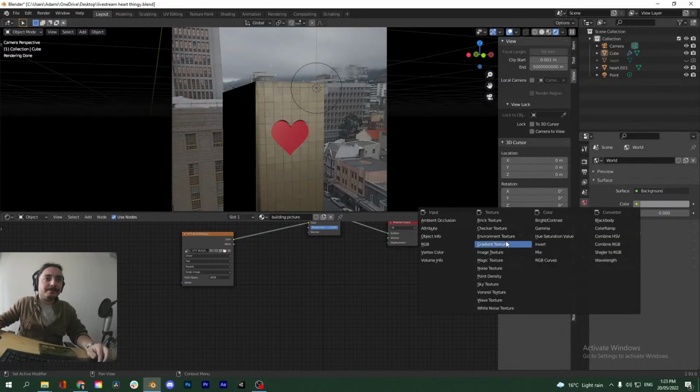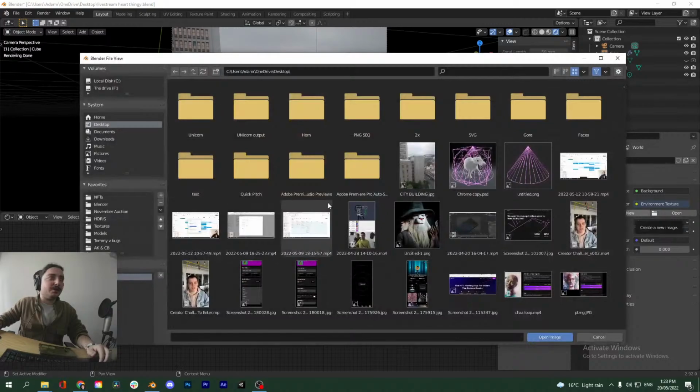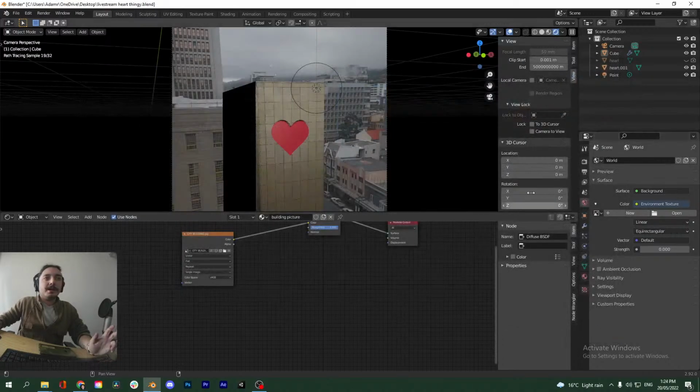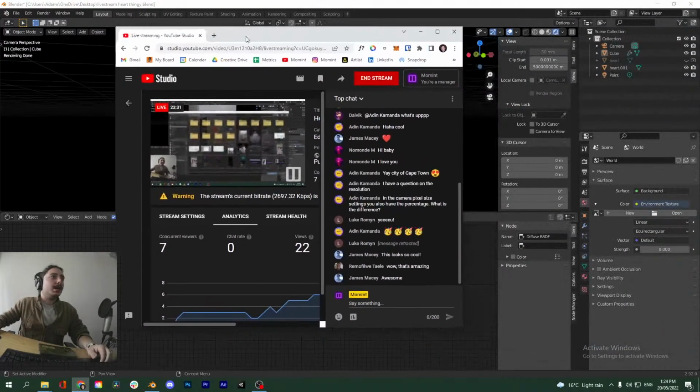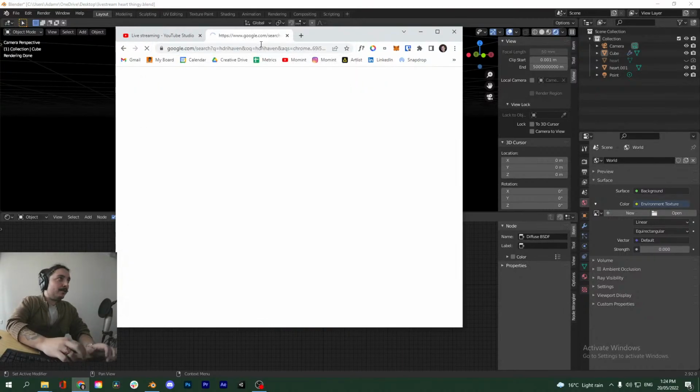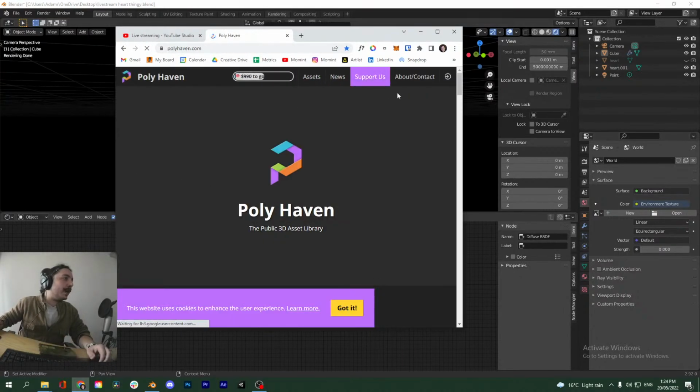So let's see if we have any HDRIs on this PC. What an HDRI is, is basically a high quality image that will give global illumination to the scene. Look, sunset, but we took this on a cloudy day, so a sunset or sunny global illumination isn't really going to work. So what we can do is go up here to a website called HDRI Haven. It's actually called Poly Haven. They have an HDRI section.